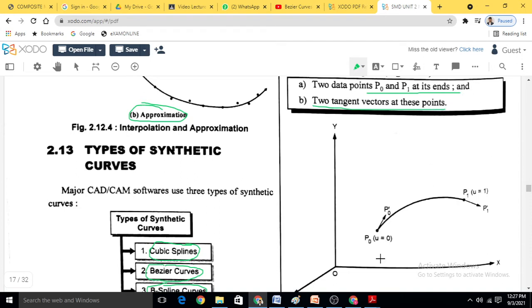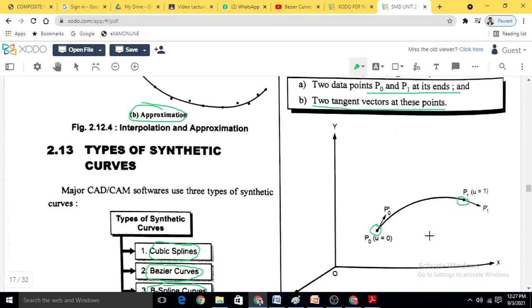If we see here, this is the starting point P0 and this is the end point P1 of the curve, and we require two tangent vectors, P0 dash and P1 dash, at the points